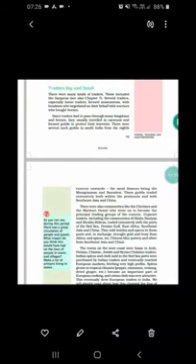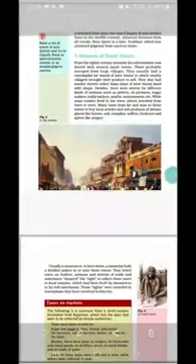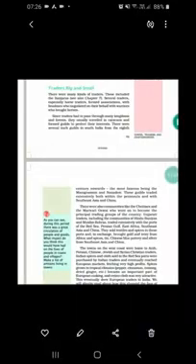Now coming to the traders, traders were of two types. There were big traders and small traders. There were also Banjaras. As we read earlier, some people keep on moving and they used to trade. Those people were Banjaras, who did not settle in one place; they were wanderers and lived a nomadic life.